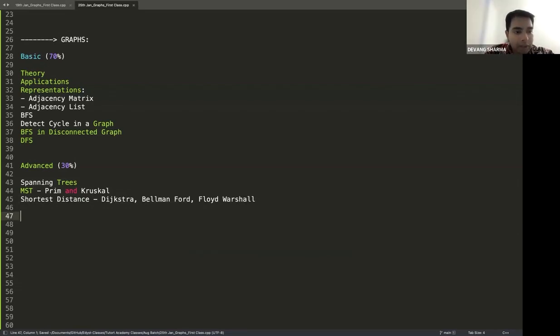So what we'll try to cover today, we'll try to finish all of this if we can, and then we can think about the rest tomorrow. Otherwise, as I can see, it's a 4-hour session, we should be able to do it. So we'll start with the theory of graphs, then we'll talk about its application. Representation is very important, understanding adjacency matrix versus adjacency list, then going for BFS, DFS, and so on and so